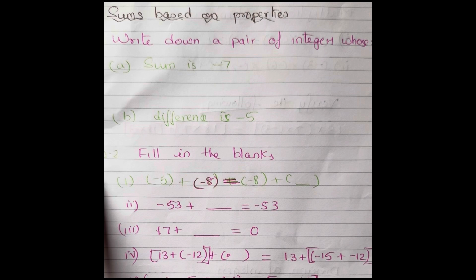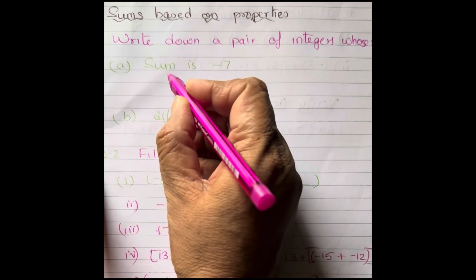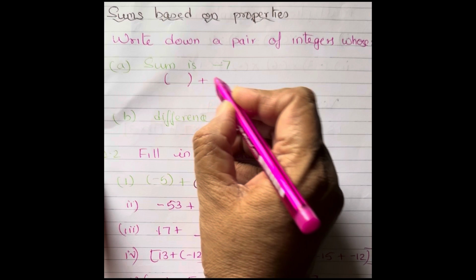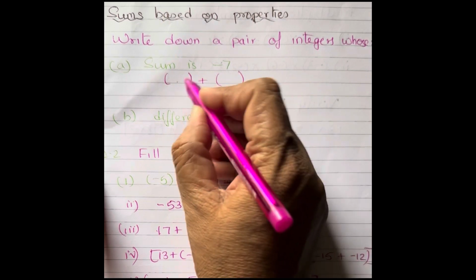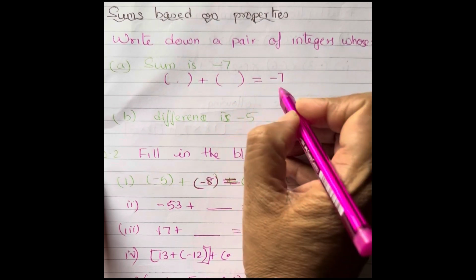So let us see some examples based on the properties of integers, right? I have taken a few examples of each type from your textbook, right? So let us try to see the strategy to solve these questions, right? This type of question is asked, like write down a pair of integers whose sum is -7. Now the sum is minus, what you need to do is first place two brackets. Two numbers, we need to find out a pair of integers whose sum, means we put a plus sign, is -7. The answer is given.